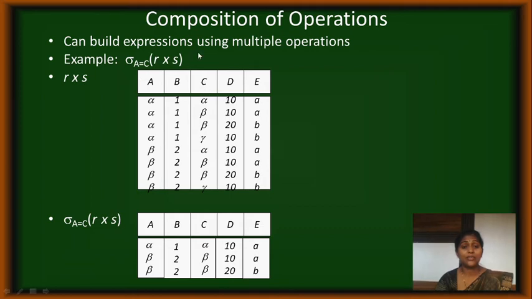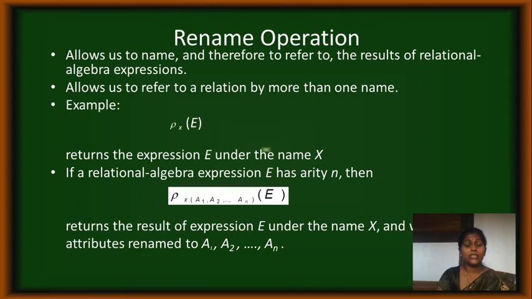We can build an expression using multiple operations. For example, A equal to C, if I use it, and then the two relations R into S, already done. On this, wherever A equals C, that is what it is going to retrieve. Then the rename operation,